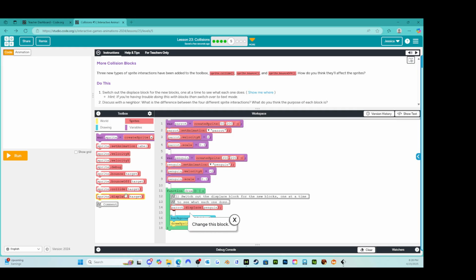All right, so right now we have parrot.displacePenguin. All right, so the parrot is shoving the penguin off the screen. Well, that's very sad. So now let's try, what's the next one? Collide. All right, so we're going to do parrot collide with penguin. All right, and so we'll take that out, run,